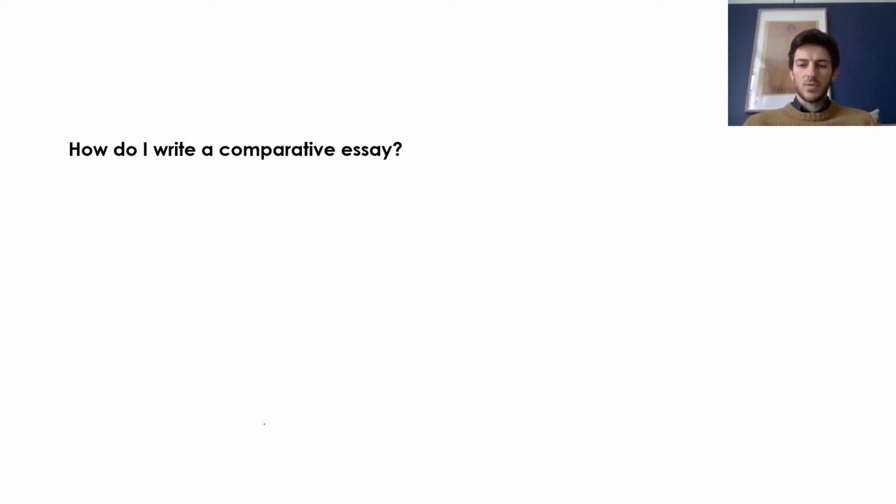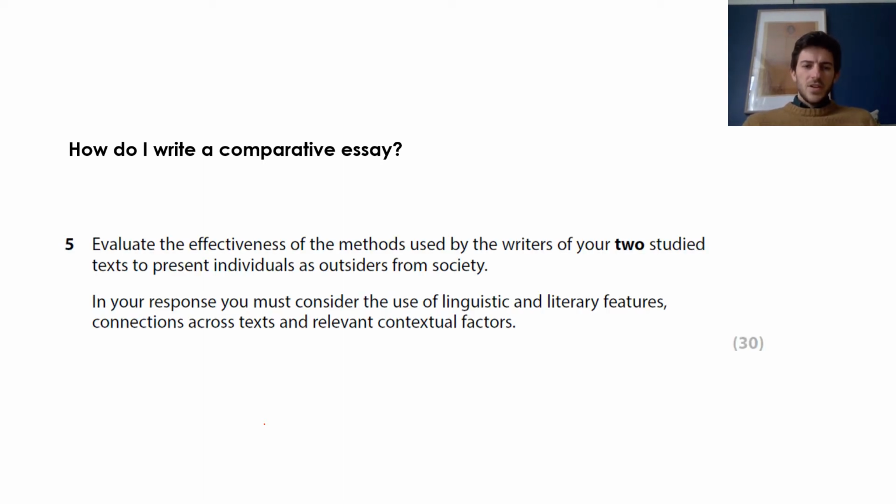So this is what a question would look like on the exam paper. Evaluate the effectiveness of the methods used by the writers of your two studied texts to present individuals as outsiders from society. In your response, you must consider the use of linguistic and literary features, connections across texts, and relevant contextual factors. 30 marks. Now, I've lifted this straight from an exam paper, so it's a copy and paste,